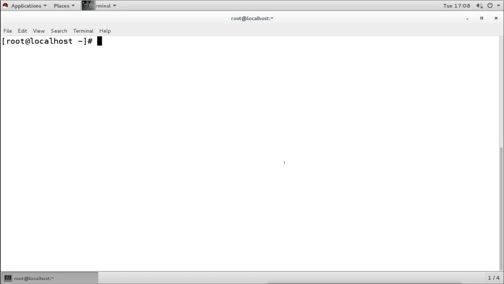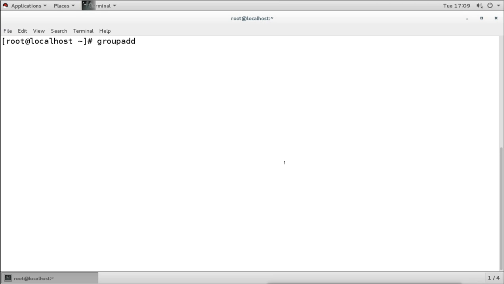Now suppose I want to create a separate group for something, like I'm having a sales department, and I want to create a group for that department. I want to add all the users from that department into that group, so that I can give all those users the same permissions or restrictions, and I can do that by using that group. So for that I will use the command groupadd.